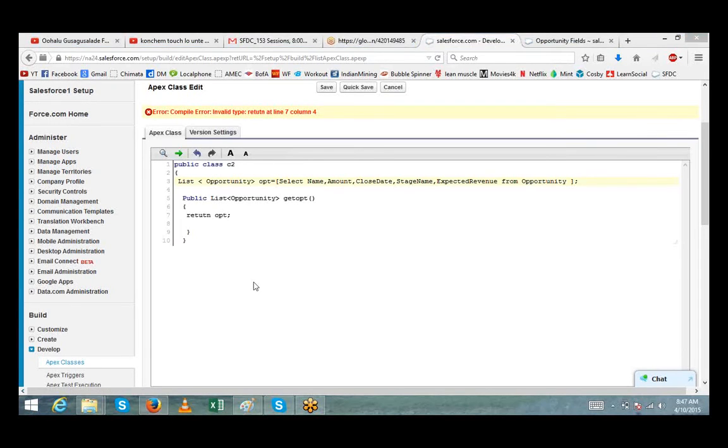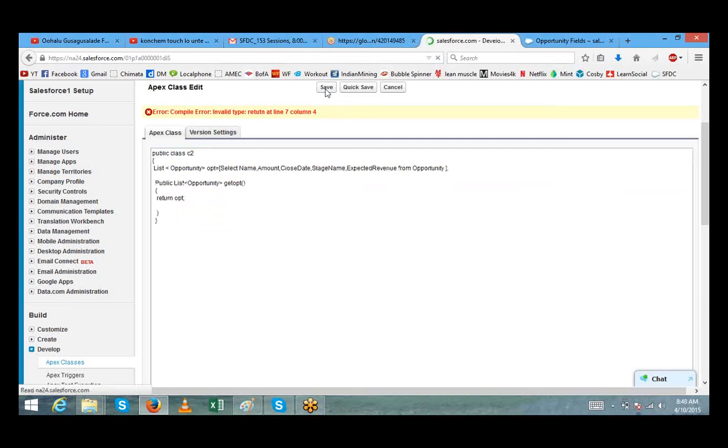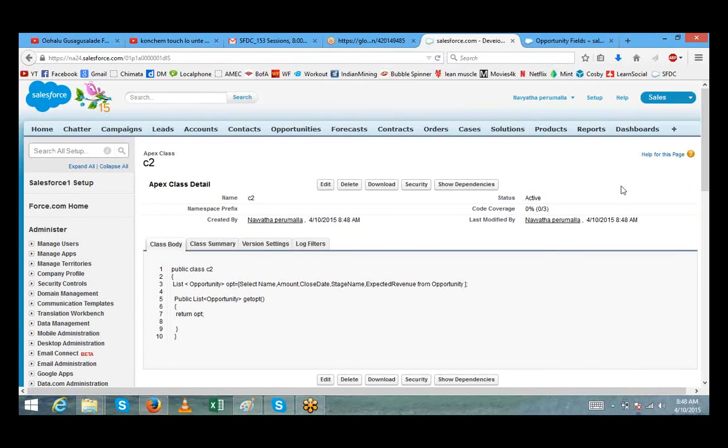What's the error? Return type. Invalid type. Return at. Hey, return spelling is incorrect, na? Seriously, you're not even checking the spelling.